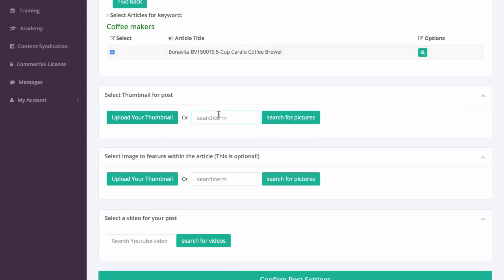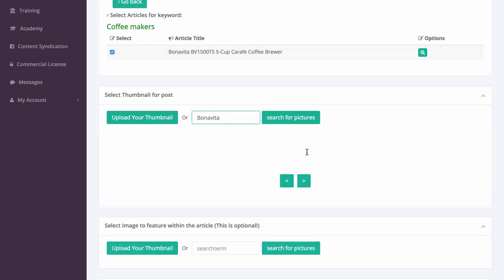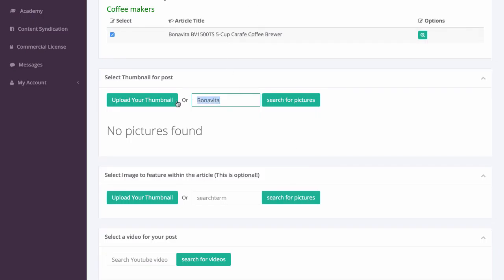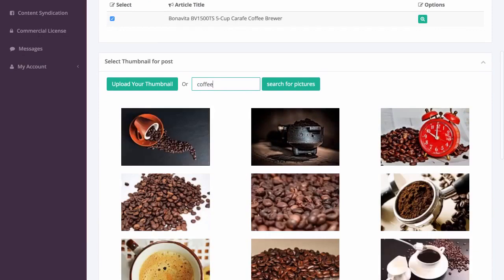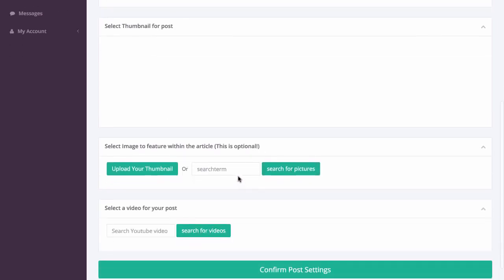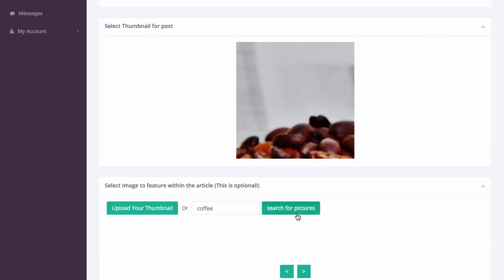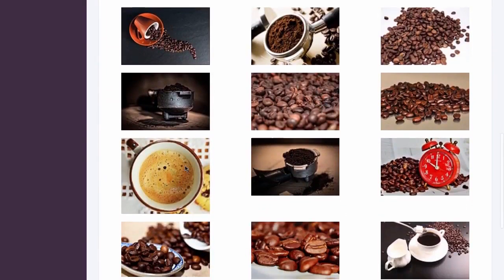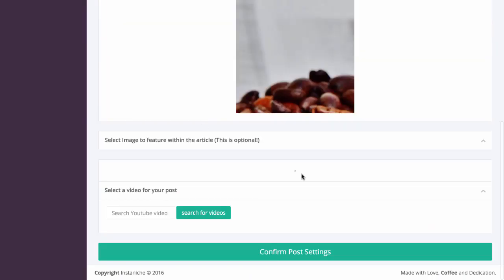We'll search for a picture, an image. So let's search for Bon Vita, which is one of the keywords that will be an Amazon coffee brewer. Okay, we'll search coffee brewer. There we are. Search for that. Okay, we'll just search for coffee. It doesn't seem to be showing that. We'll just grab a coffee image. Cool, coffee, confirm post thumbnail, and then we'll go ahead and we'll search for an image. Coffee again, search for pictures, and we'll choose today this one right here. Confirm. I know we've been through this again, so I want to make sure that I get through this